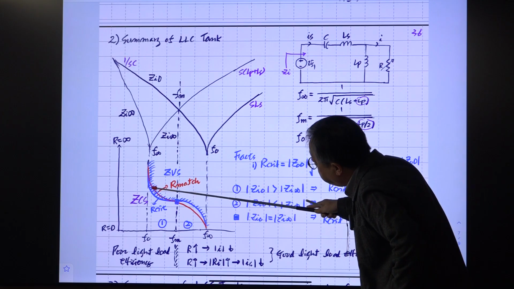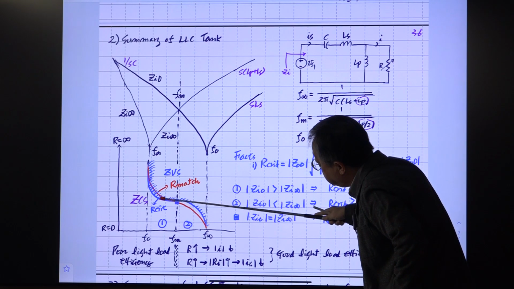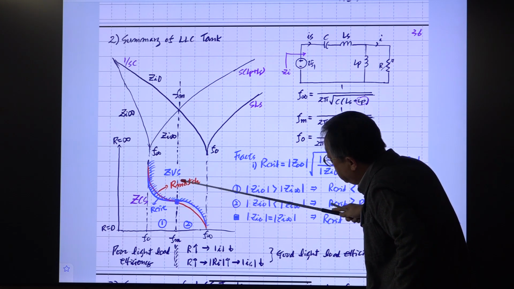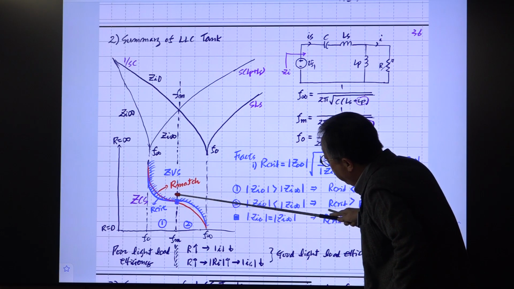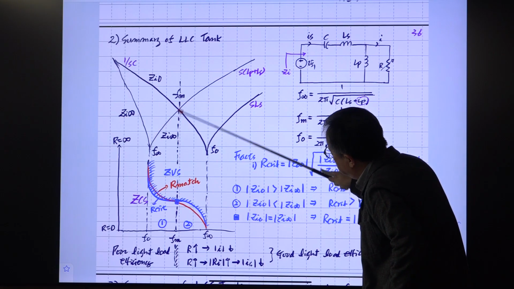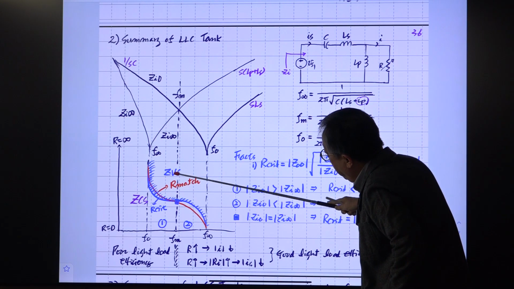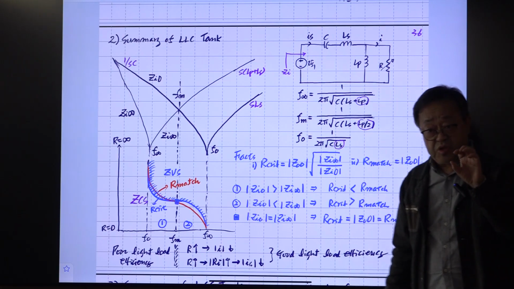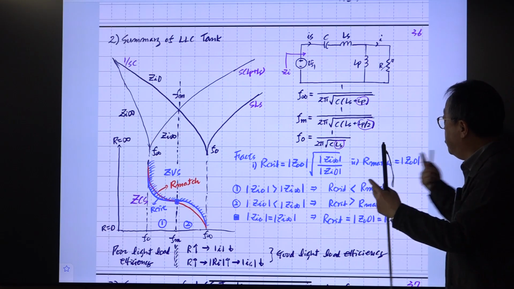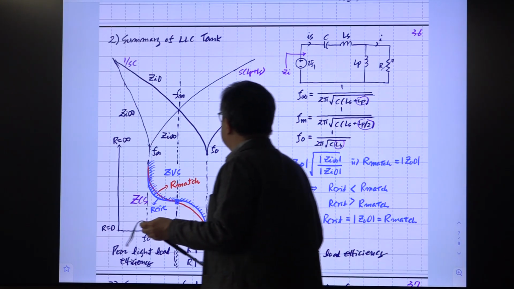This is above this R critical line in this region, and this is below this R critical line. This red line is R match. At this particular frequency, omega m, R match and this R critical become the same. Right? Then this is the one point where everything merges together. Why is that?